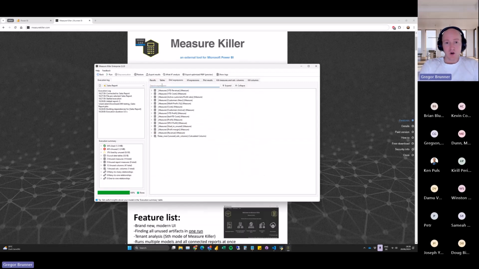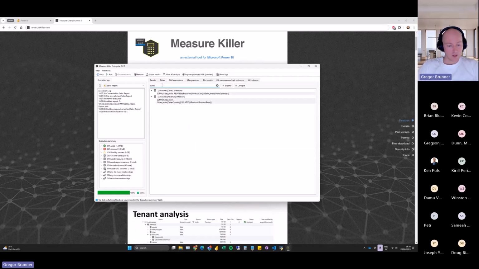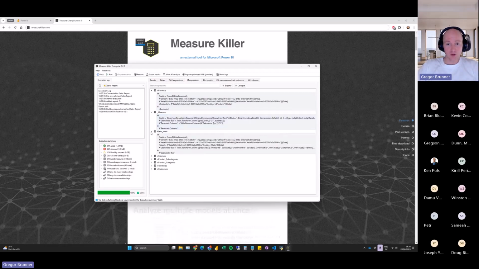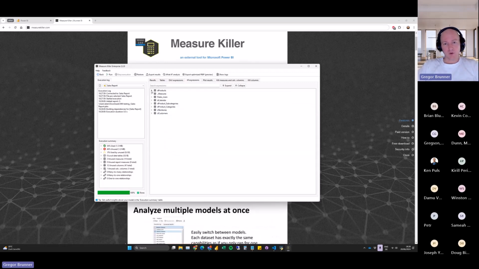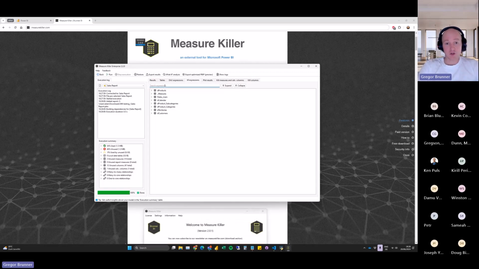You can search all DAX expressions of the whole model for certain, I don't know, functions or something. I can search all the M expressions. So we're always trying to add new stuff because we think that's kind of cool. For example, I have some complex reports where sometimes they say, oh, we're changing this view, this database view, and then maybe I can search, in which queries is actually